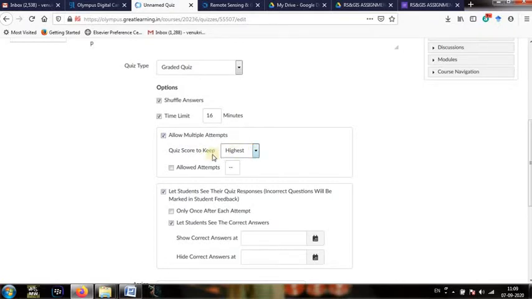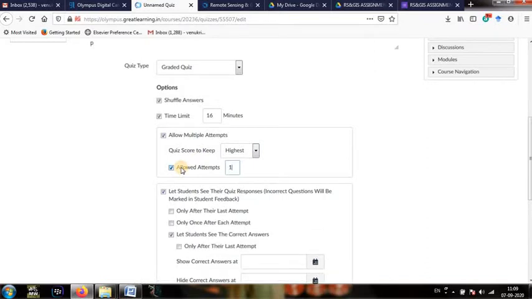Okay, for the student, if he want to attempt second time for good marks, then highest marks will be considered, right? Next, allowed attempts. If you want to give 2 attempts, then type here 2, right?